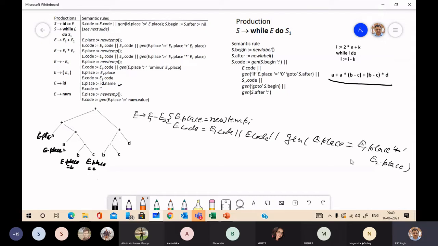Okay, this is the semantic rule for this production.